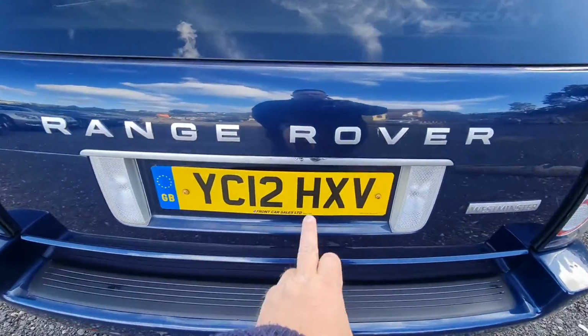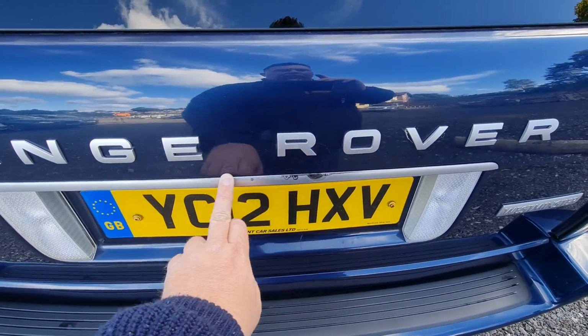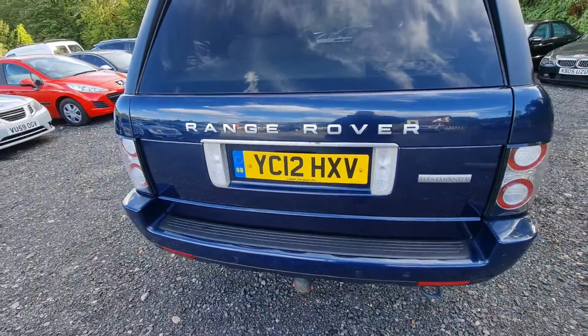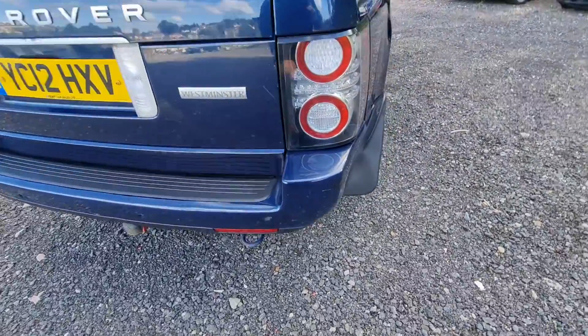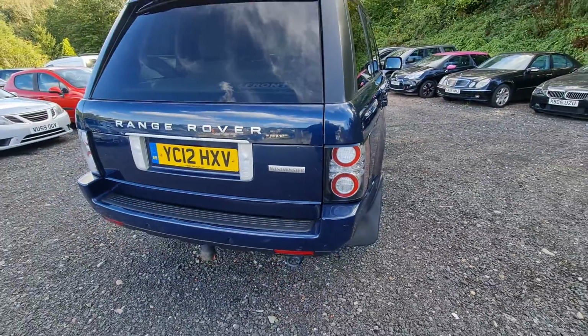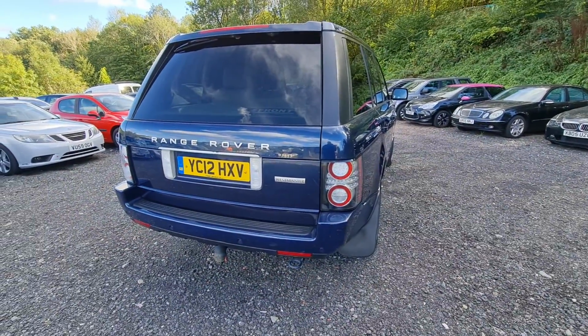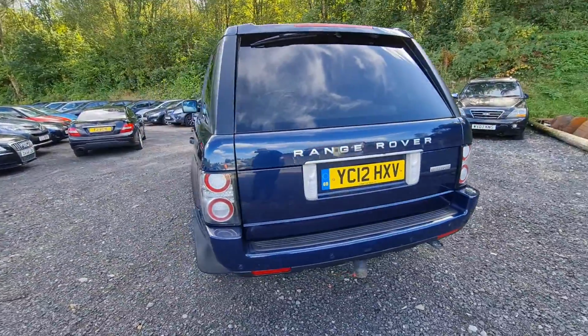A little bit of a blemish by here, just to note. I mean, we'll put a bit of silver paint over the top of it and you probably won't see that, but again, it is a 9-year-old car and you will expect the odd little blemish on it. I can see that there's been a small touch-in done on that bumper corner as well. But it's in keeping again with the age and the mileage of this car, and overall what a fantastic example